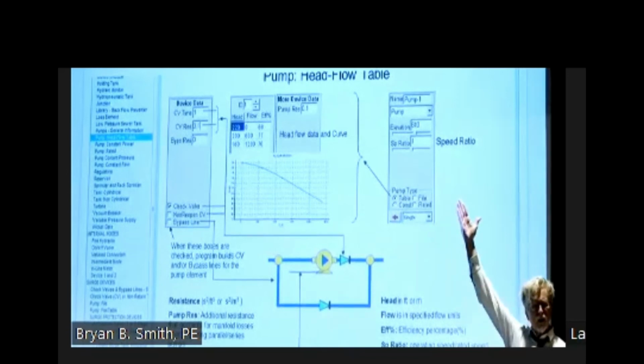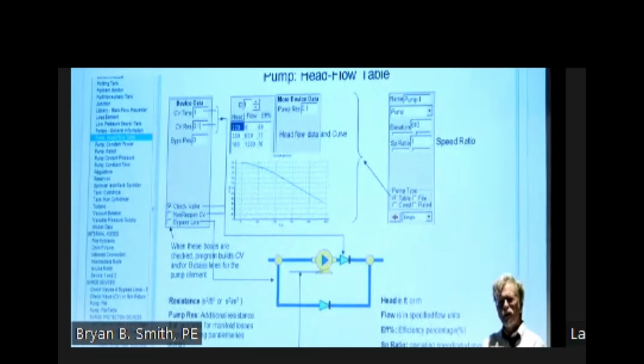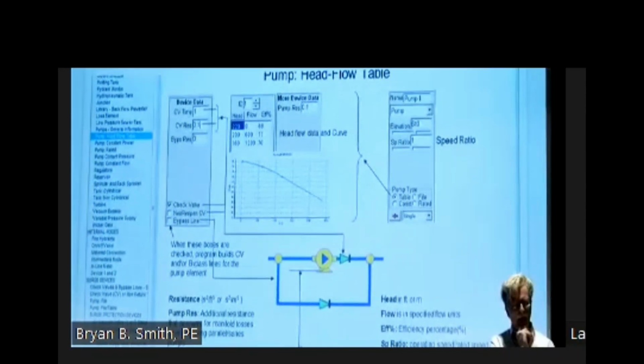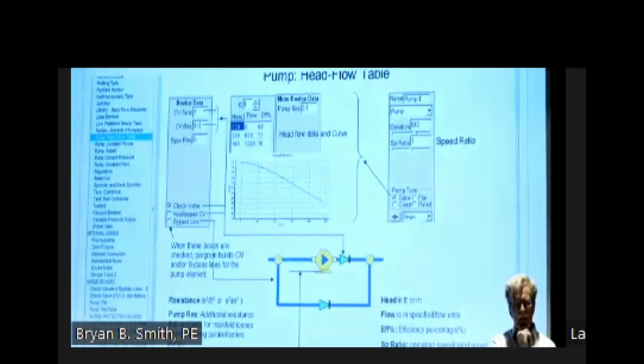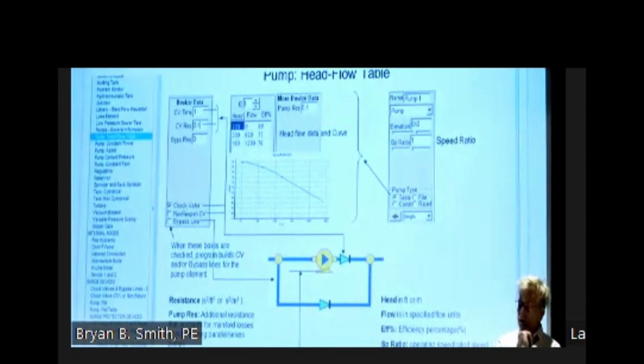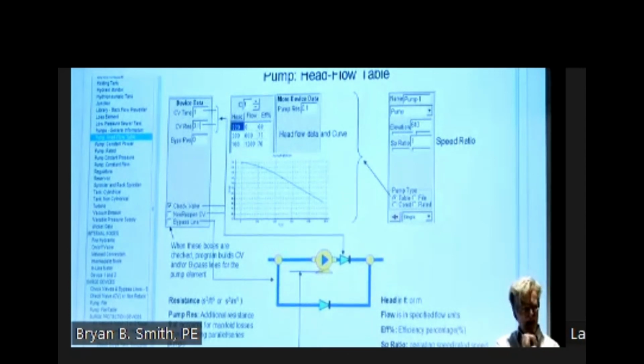I will leave with this note. Who was here during Katrina? So what were the insurance companies like? Replace with the same. I had a building downtown, and they said, here's our pump, we're going to order the same pump. They installed the pump and started it up. It's a good looking pump, good flow, pressure. It's good. They turned off the pump.